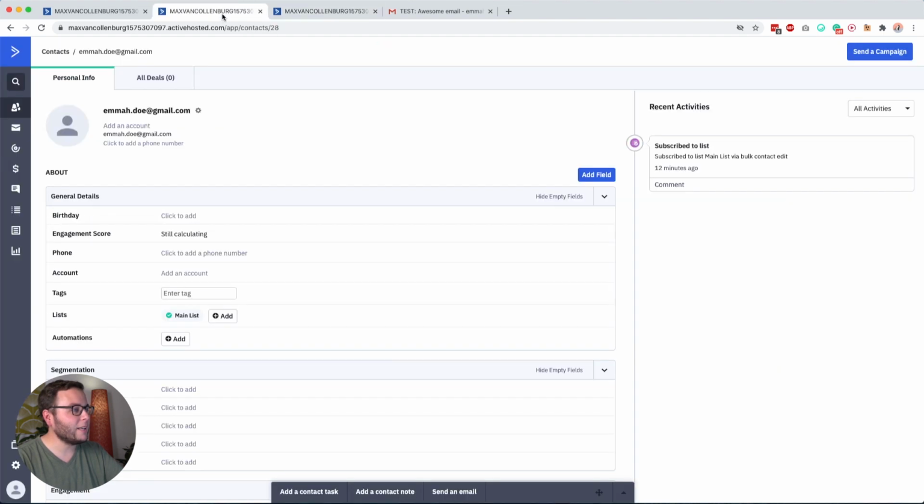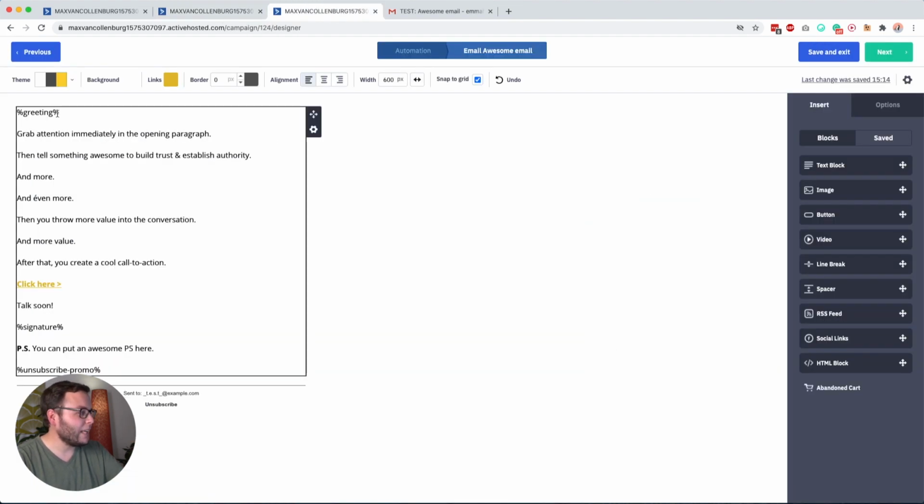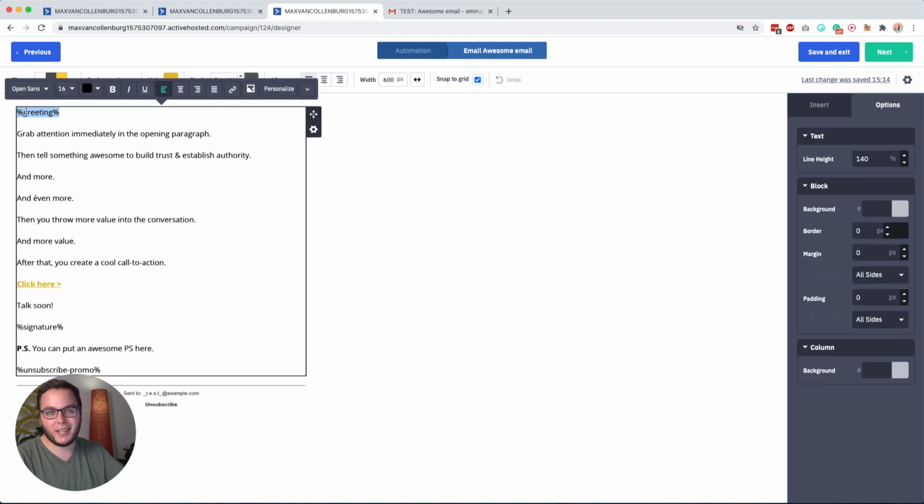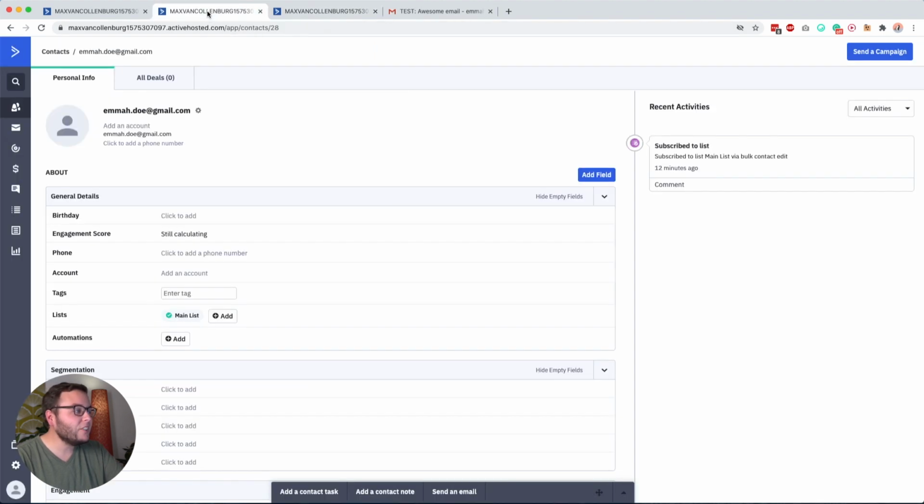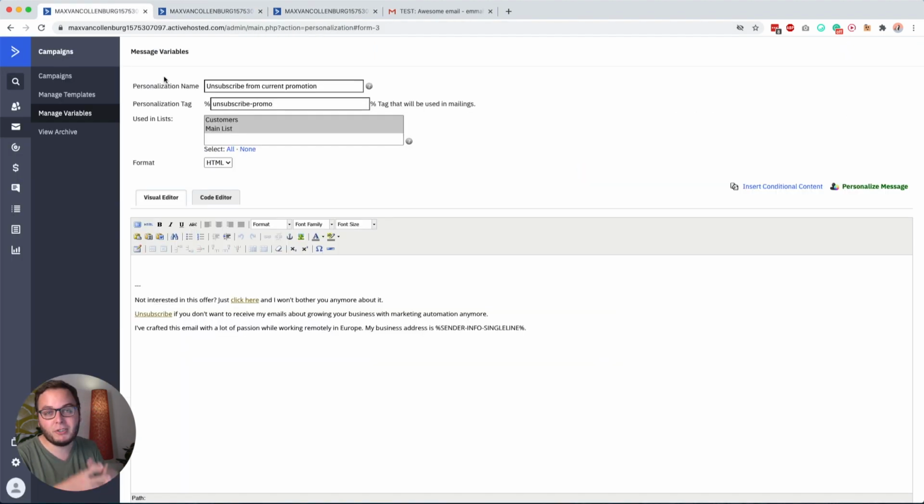So yeah, I think this is really handy. I really like using this inside my emails because if I ever want to change the greeting in all my emails, I only have to do it in one place. Same for the signature, same for the unsubscribe line. But you can also use this for other things. You could, for example, create a message variable of your latest articles, or maybe you have a really important sales page that you use often inside your emails. Then maybe you want to consider putting that link inside a variable, in case you ever change that link, because then you only have to change it in one place and it will change everywhere.